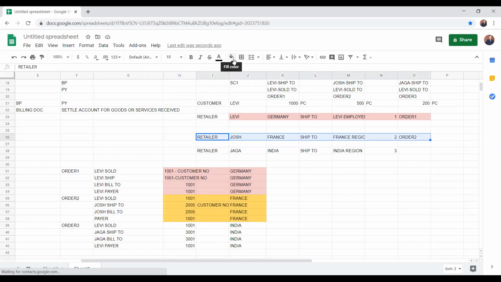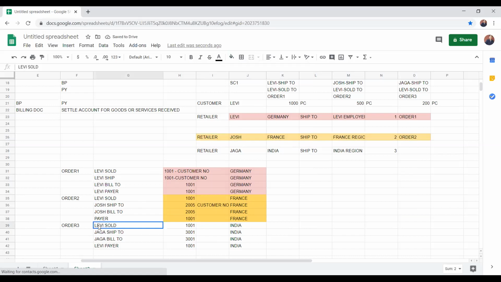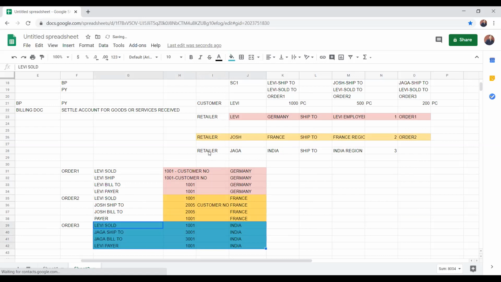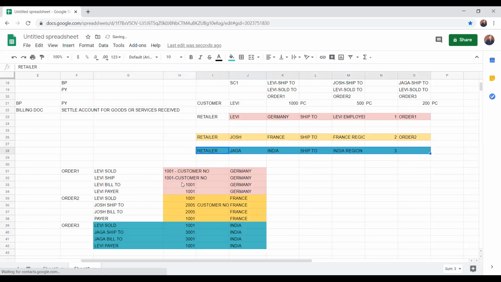Understood or confused? Yes, I understand. I'm following. So now go for the third example. It's similar to order two, but ship to and bill to differ. Same as Josh's case, but what differs?